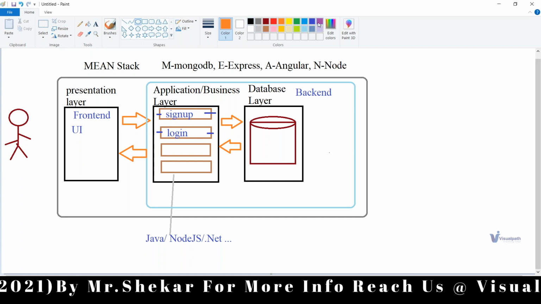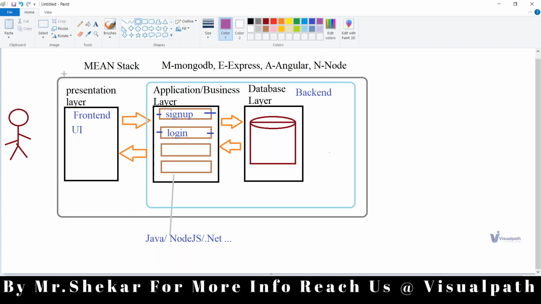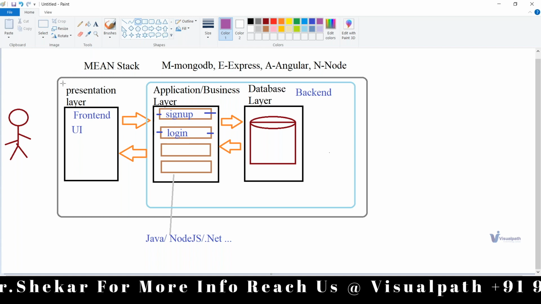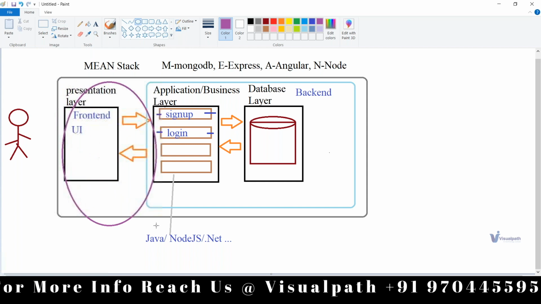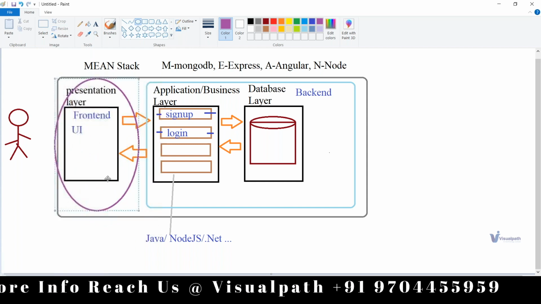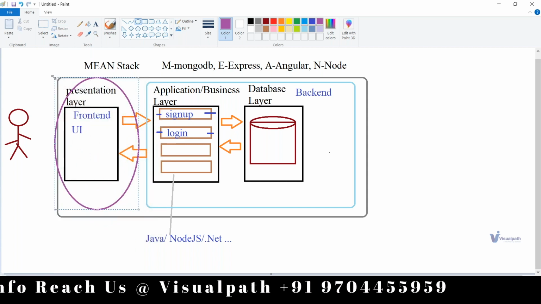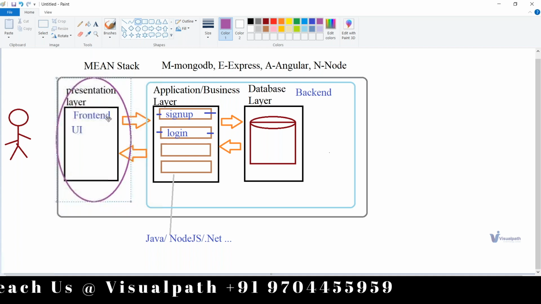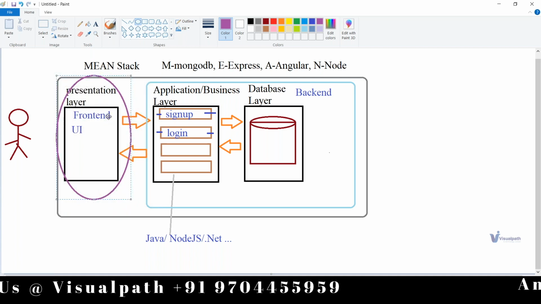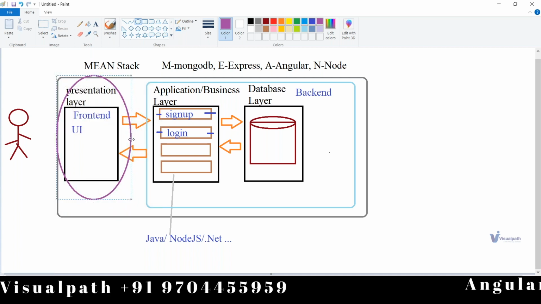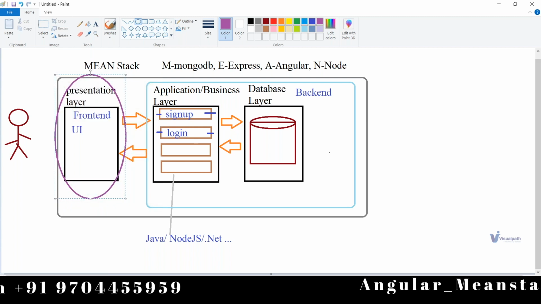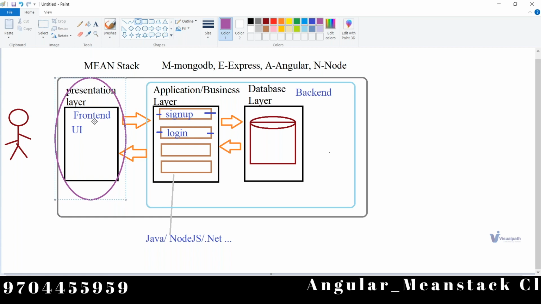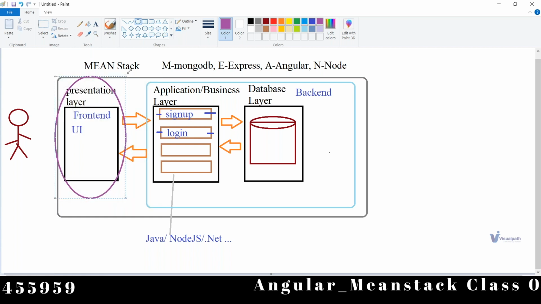So whatever we are talking about with respect to this presentation layer, this is actually called a client machine. Why? Because this front end and this kind of connection I can do through any front end. For example, I can connect through a mobile, or through a desktop, or it can be anything.